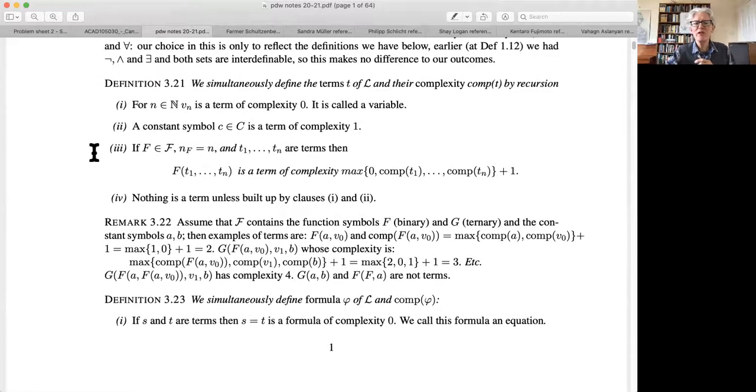So in definition 3.2.1, what do we see here? We define what the terms of a formal language, script L, are. And at the same time, we'll define their complexity, which is just a number we associate to the term, which will tell us how complicated it is. In the first clause, a variable is something of complexity 0. Constant symbols in the language are going to have complexity 1. And if I've got a function in the language, and the arity of the function is n, it's an n-fold function,